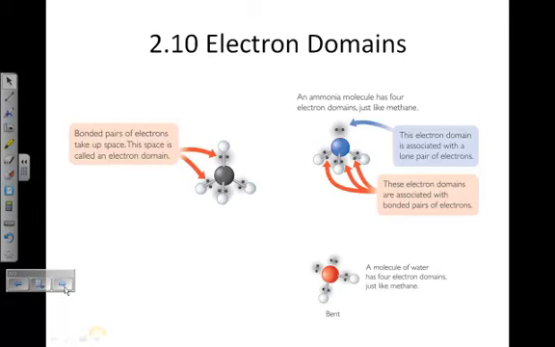Electron domains in section 2.10 is highlighting the areas of electron location and how those domains move away from each other to minimize electron repulsion. Notice this is a carbon. Remember, in the octet rule, carbon likes to bond to 4 atoms. In this case, those 4 electron pairs or domains move as far away from each other as possible to create this shape. Over here for nitrogen, even though it's bonded to 3 atoms, there is a 4th pair of electrons